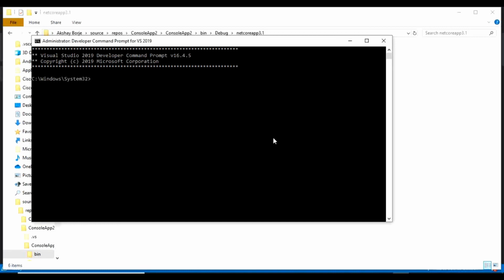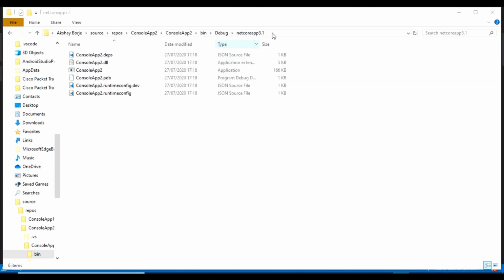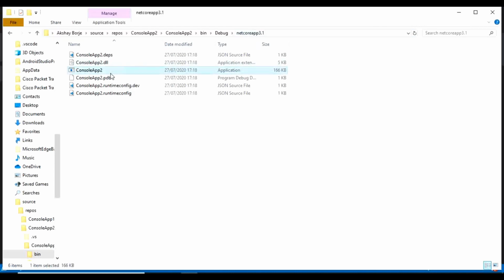Okay, so now either we have to go to this path, or we have to give this full path. We want this assembly name as well, so I will copy this from here. Actually, I have to copy this DLL.